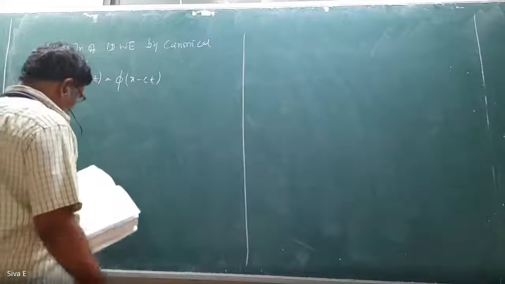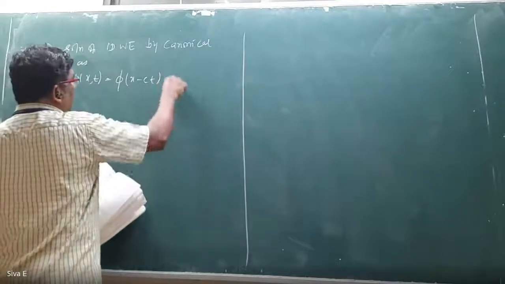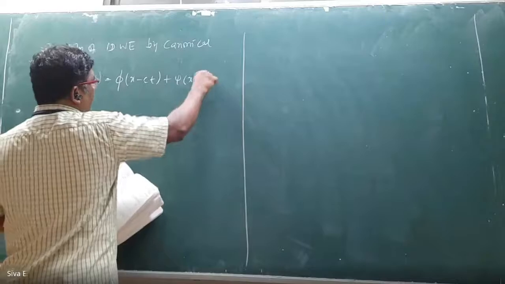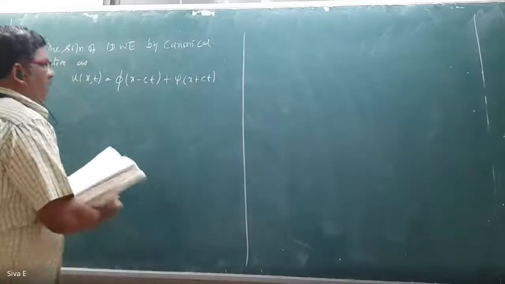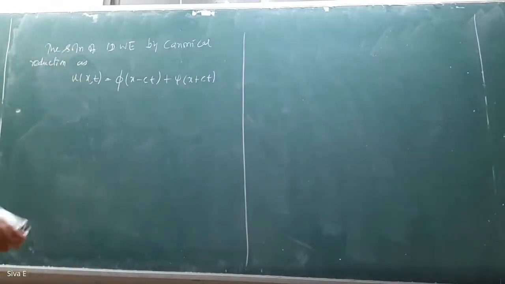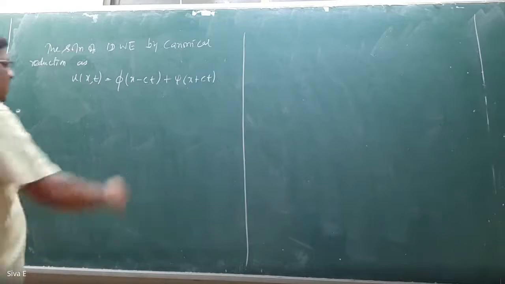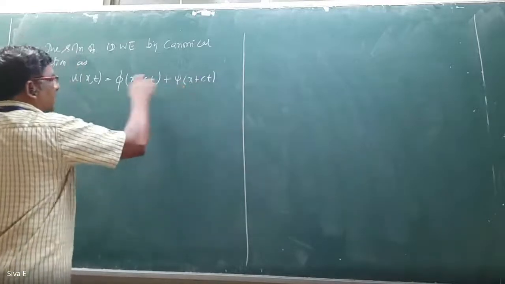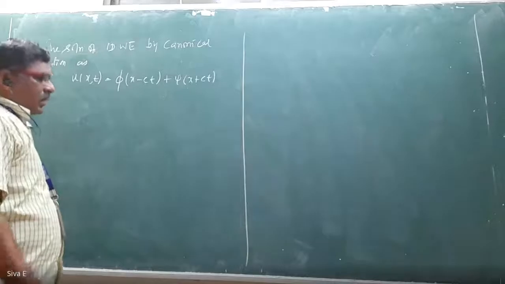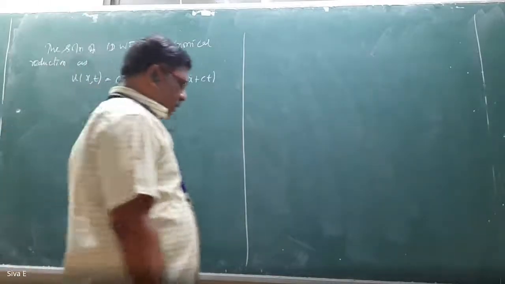ct plus I of x plus ct. I of x plus ct. So how has this consideration come? x minus ct, x plus ct. x minus ct, x plus ct. Actually here